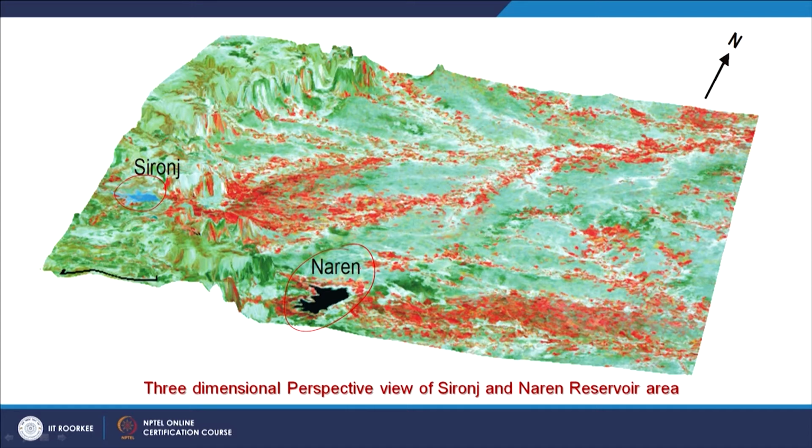So if we want to make this area more green, what we need to do is learn from the Sironj reservoir location and construct reservoirs on slightly higher grounds. Though we will lose a little, with a smaller catchment or watershed for these reservoirs, they will provide a better hydraulic gradient and better groundwater recharge. Otherwise, geology wise, the entire area is the same: on this side you have Deccan traps and on this side you have granite. Of course, there are some soils developed, along which agriculture is taking place.